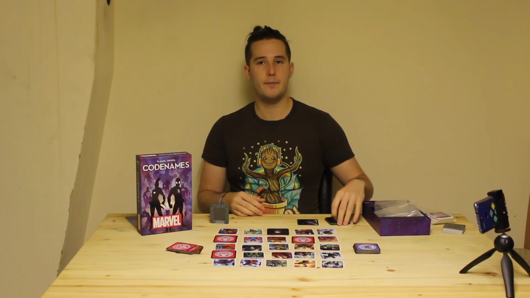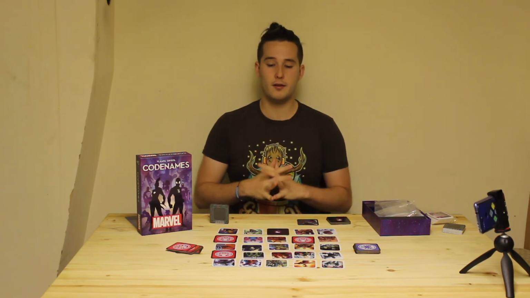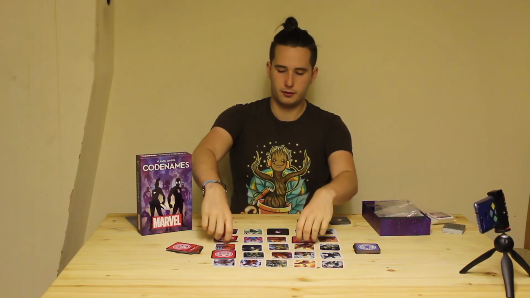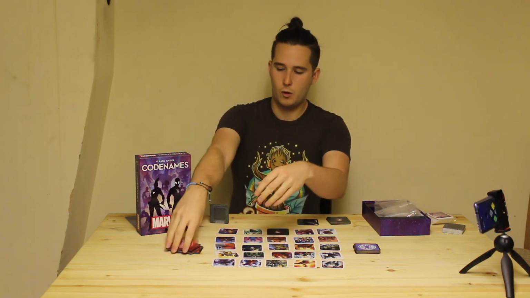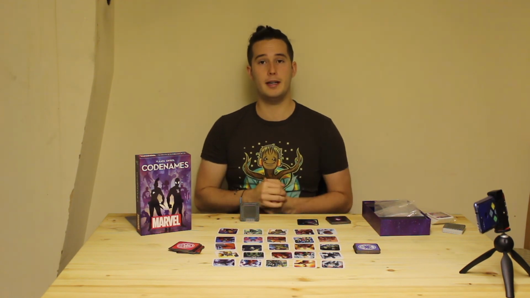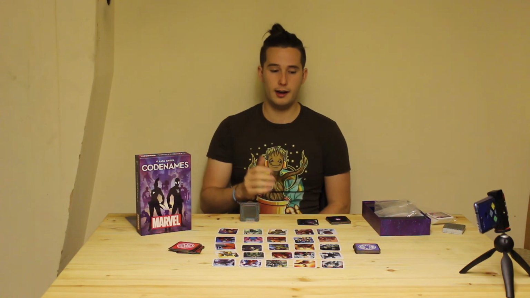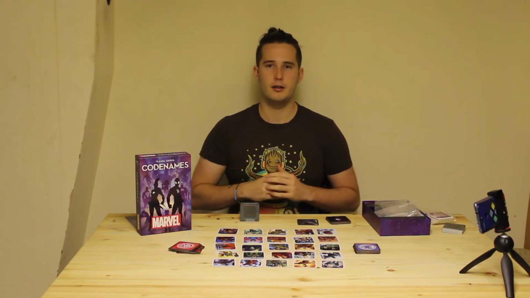For a 2-player game, let me just give you how it works. Everything's exactly the same. However, if you are on the same team, what would happen is the person giving the clue would give you your clue like normal. You would be the player starting. So you get your clue, you try it, and then for the other turn,